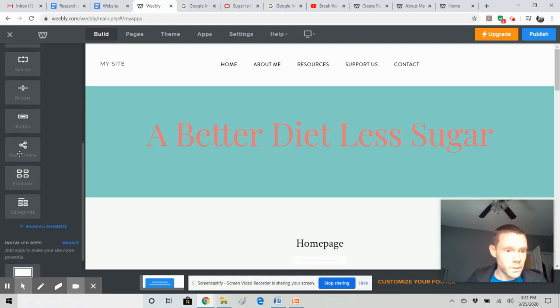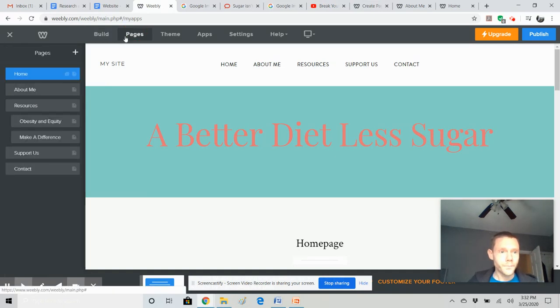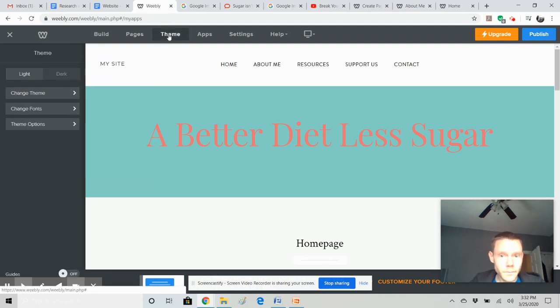You can put in dividers, and you can also, I'll show you when we get to the apps, put in a set of apps that are for free. I put in for this website an FAQ section in case visitors have additional questions. So under pages, these are all the pages the student has set up so far: home, about me, resources, support us, and a contact. So if I click under the theme,